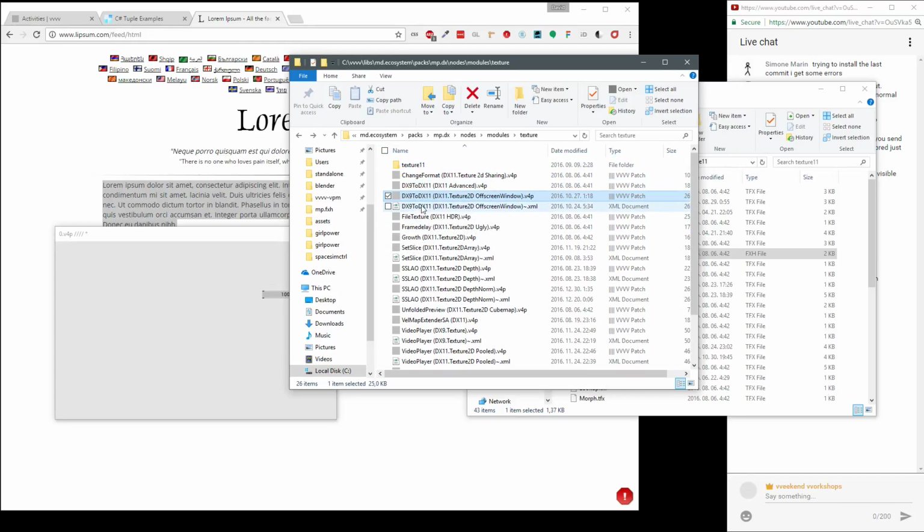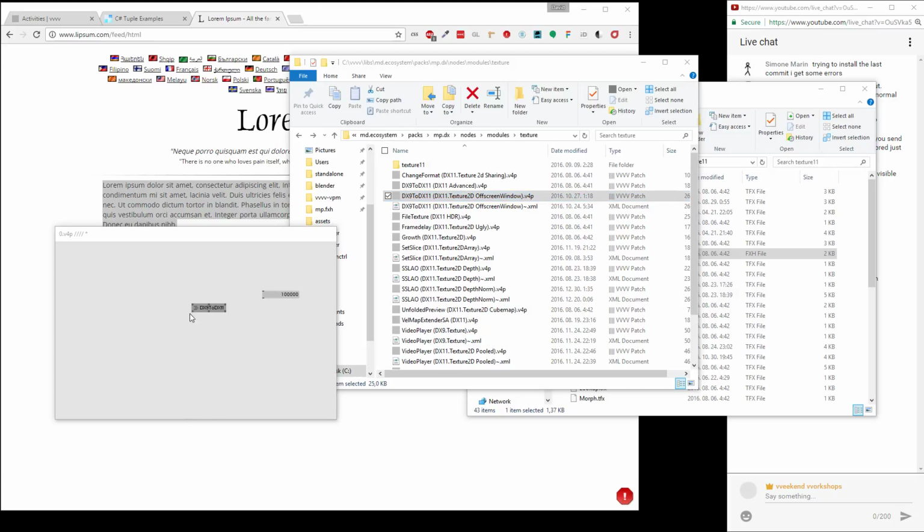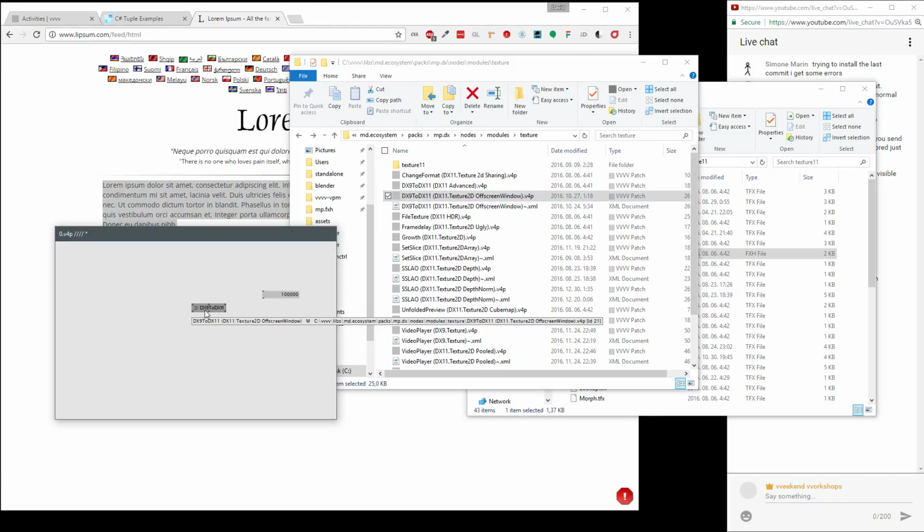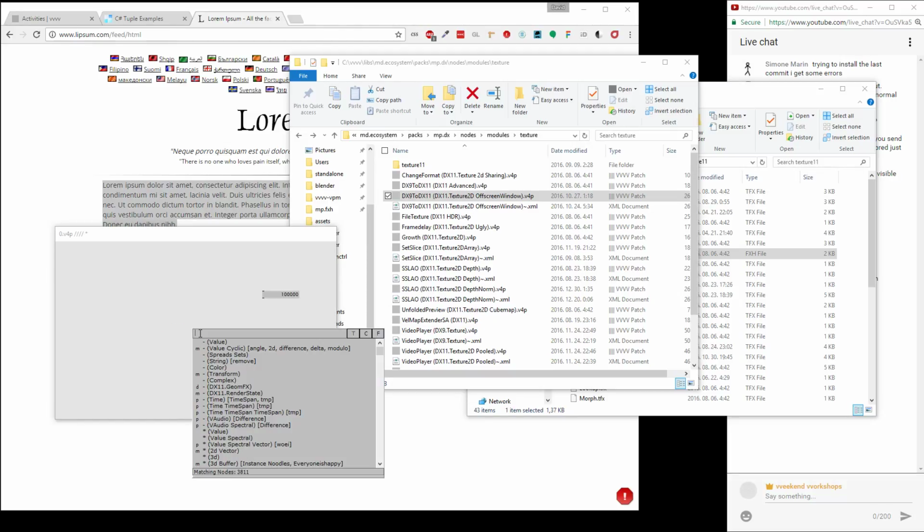And then you have DX9 to DX11 off-screen windows. So what it does is it creates a 1 pixel by 1 pixel DX9 borderless window, and you can feed in any DX9 texture and it will pop out the DX11 texture. Now the reason to do this, obviously, so you don't need to